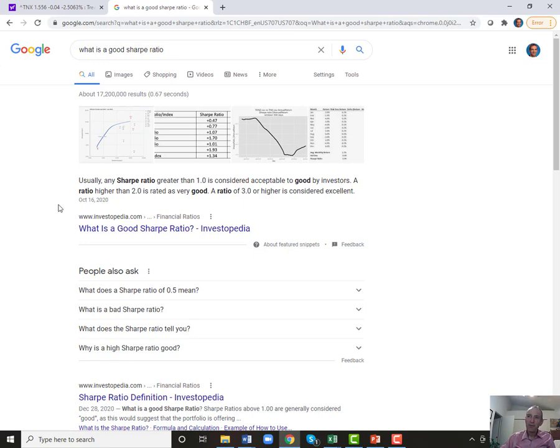I don't have this stuff memorized because statistics show, I hate to burst the bubble of finance, that these ratios do not tell you anything about future performance of these funds. So just because someone has a Sharpe ratio of 1 doesn't mean that they will outperform going forward. And that's the only reason you want it, right? Historically, all I care about historically is what was my return. How much money did I make?